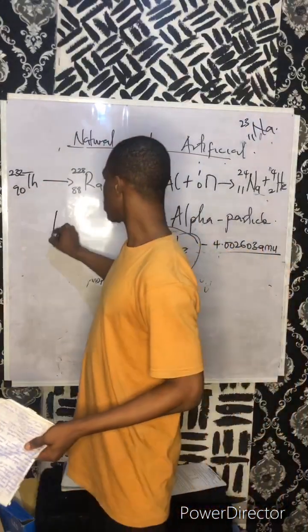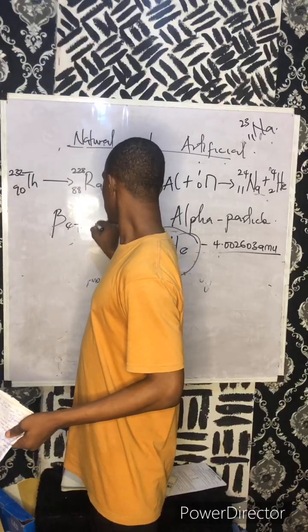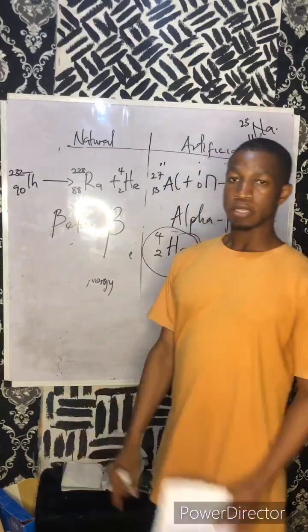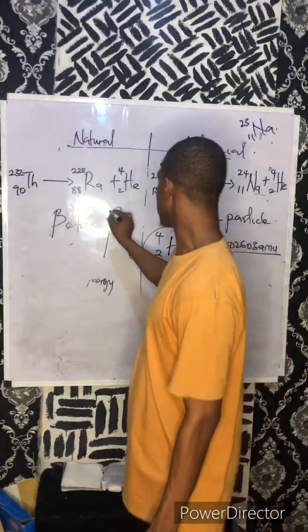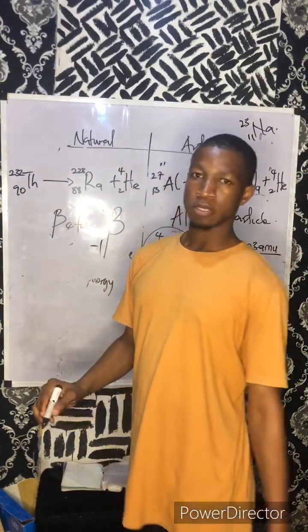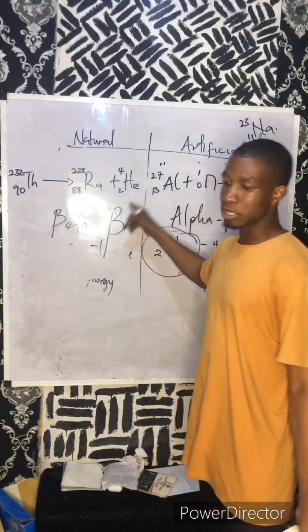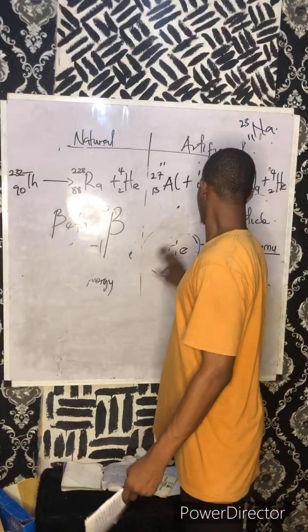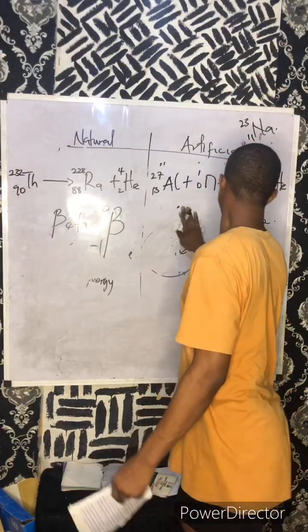The next one we have is beta, which we usually represent with this B that has long legs. Beta, 0, -1. Beta does not have a mass. It does have a mass, but we usually say that it does not have a mass. It has a mass of, sorry about that.